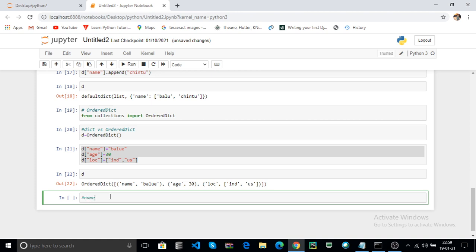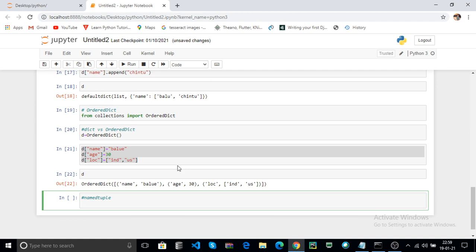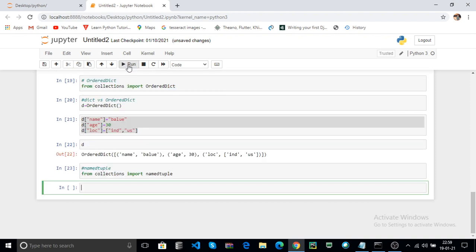Now we discuss the namedtuple. From collections, import namedtuple. Click on run. Here you can use your namedtuple function.